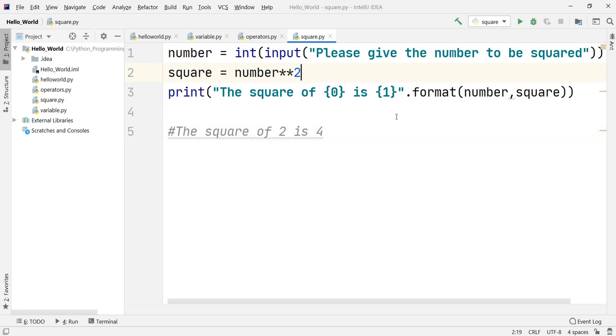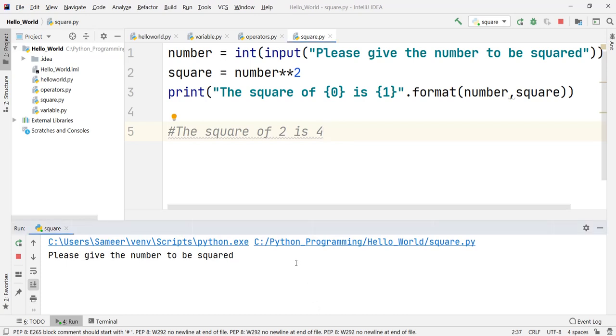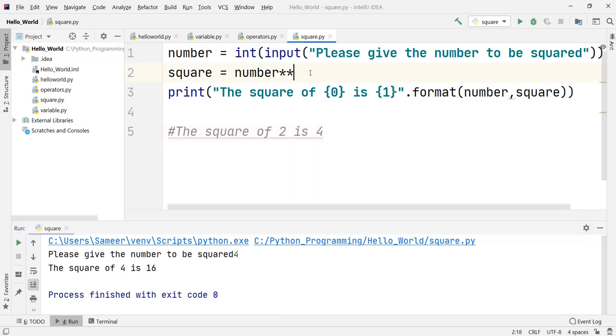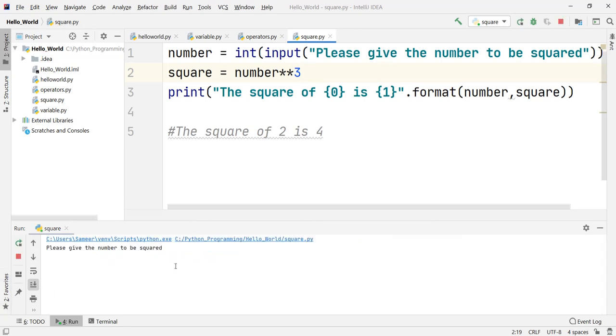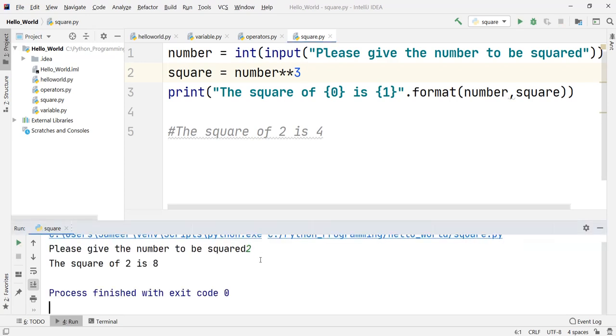So there is another way of using the asterisk rather than just multiplication. Let us check the output again, whether we are getting this number squared. The 4 is there, and if I check, the answer is coming properly here. Suppose I put 3 here, just guess what the answer will be. We will rerun our code, and if I put 2 here, let us understand what the output will be.